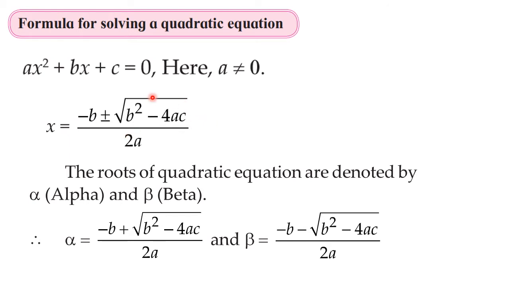Also, I told you that while solving the sums, we have to first find the term which is under root. This is called as discriminant and denoted by the Greek letter delta. It's a triangle shaped letter and called as delta. Okay. So while solving the sums, we are first finding value of b square minus 4ac. Then we are writing the formula, substituting the values and getting the answers. Okay. In the previous lecture, we have discussed solved examples also. And then I told that we are going to move towards practice set 2.4.